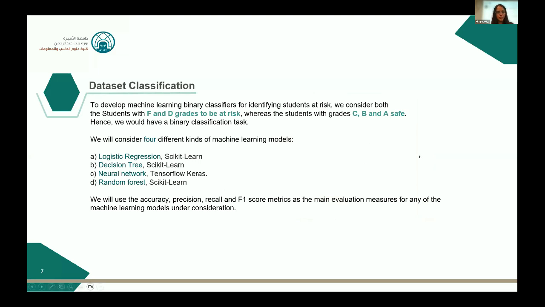Now for the data classification, again, it's a binary classification task, but you don't have just 2 grades. So what did we do? We decided that students who have an F or a D grade are